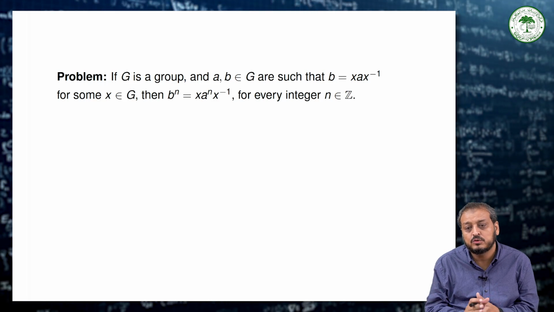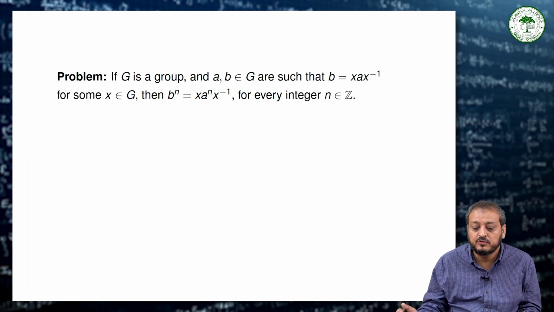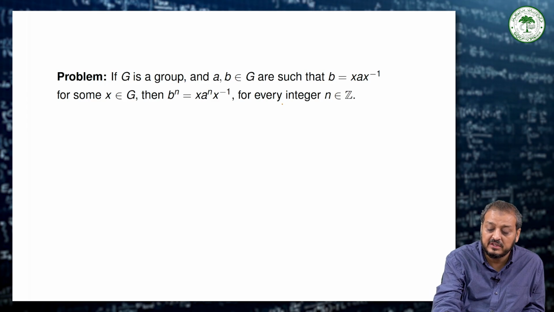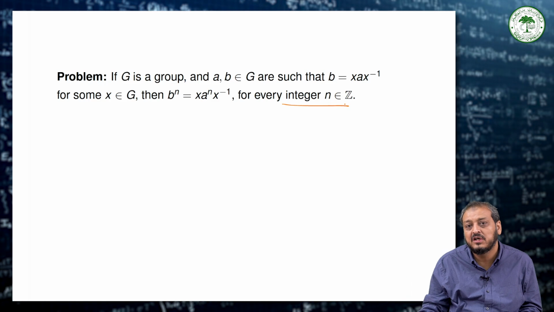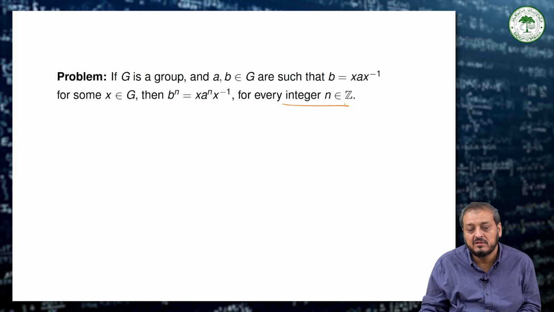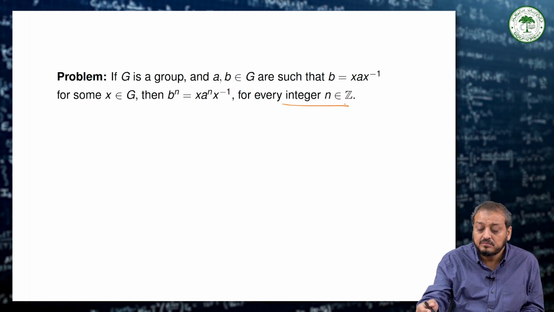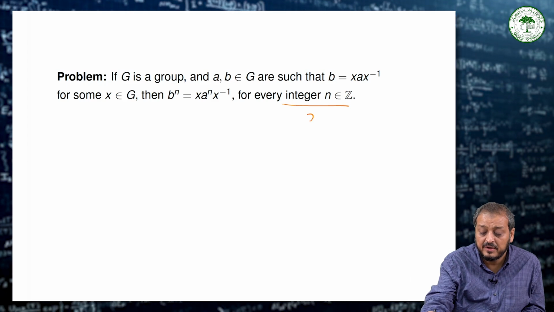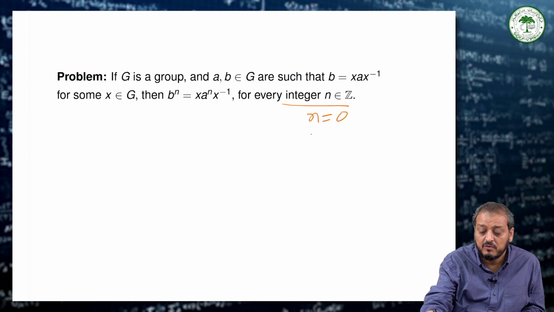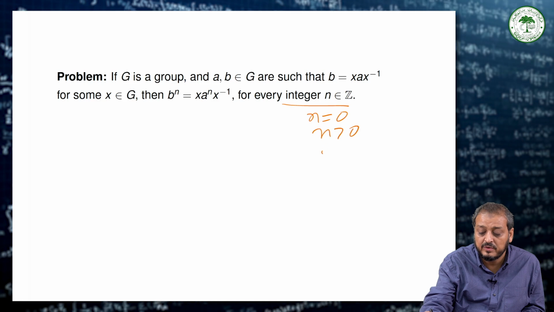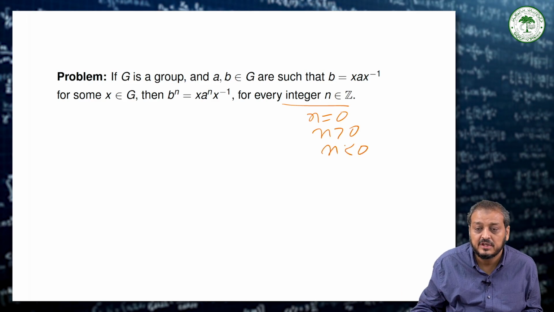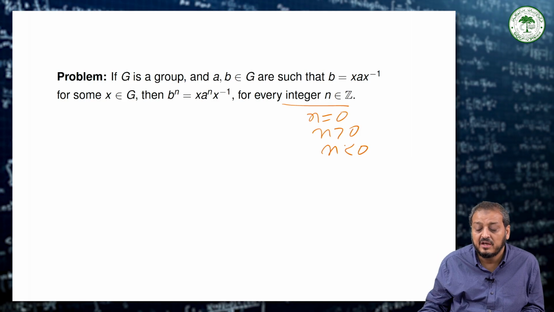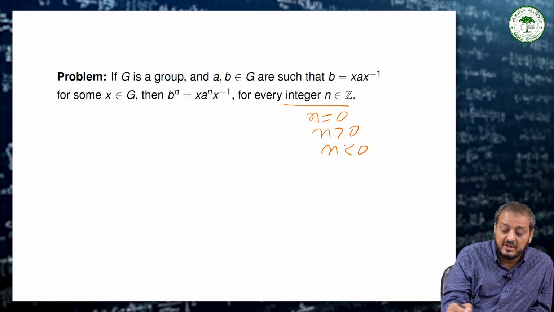We solve this problem for every integer, so all possible cases are there for integers. We divide this problem into three cases: we take n equal to 0, n greater than 0, and n less than 0, and if it is true in all these three cases then we can say that the result is true. So if we take n equal to